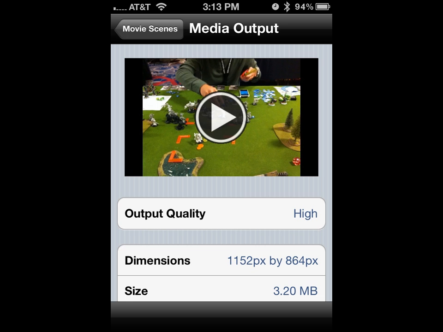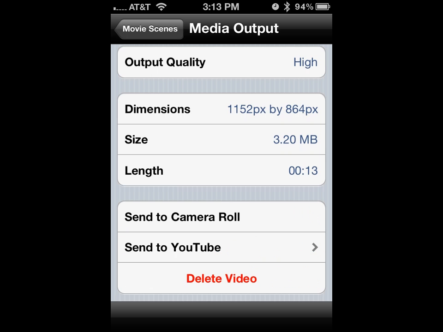And I think that's a really good thing, especially afterwards when you want to do a bunch of organization. You took all these pictures really quick and you really want the functionality that I think this app provides. So you'll see that you get your quality, your dimensions of the video, the size of the video in how many megabytes it takes, the length, and then you can export the video to your camera roll, which is quite nice